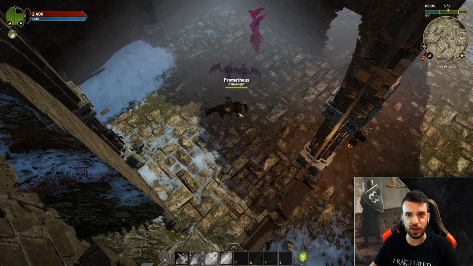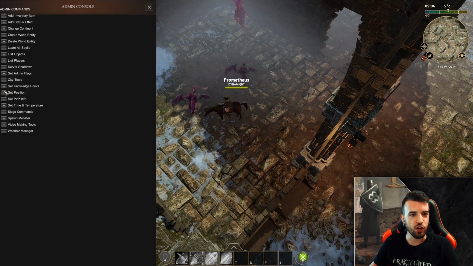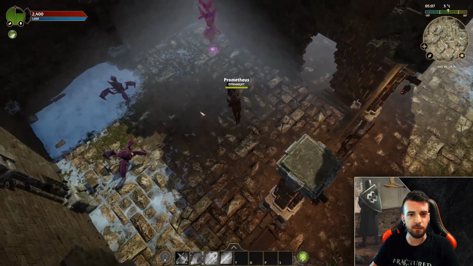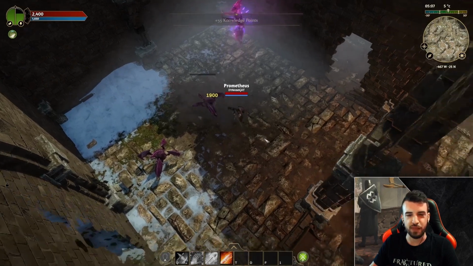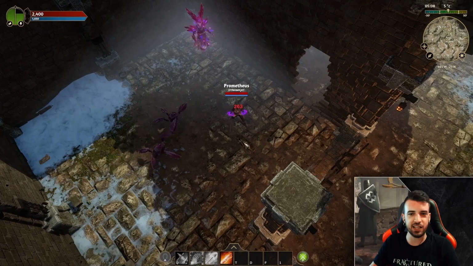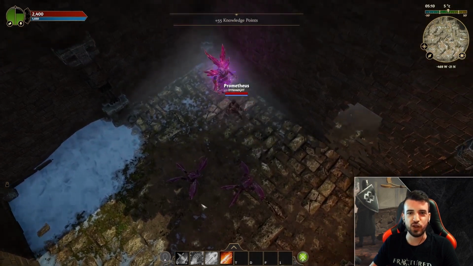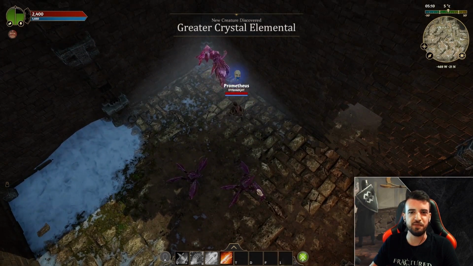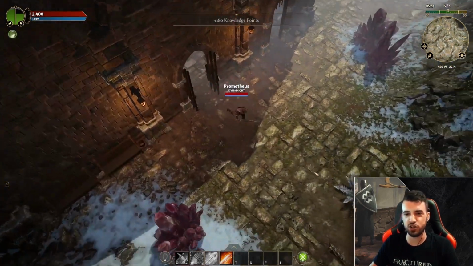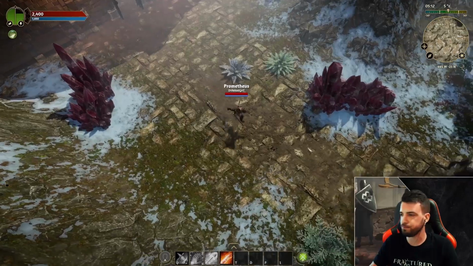I'm invisible to them right now, but you can see if I make myself no longer invisible to monsters, they will attack me. And they have a lot of abilities that are related to silencing opponents. They're probably some of the most challenging elementals to kill. Of course, I have an admin sword, so I can get rid of them very easily. But here we go. This is the theme. Crystals are the theme of this whole island,